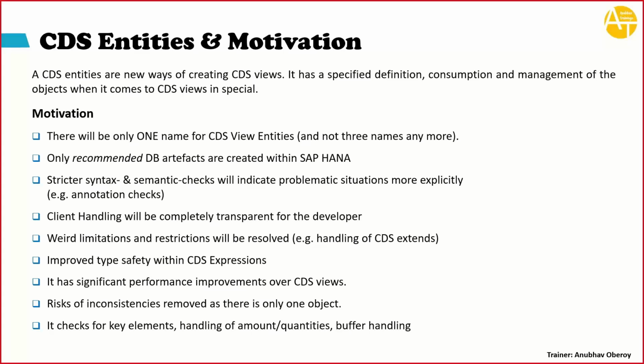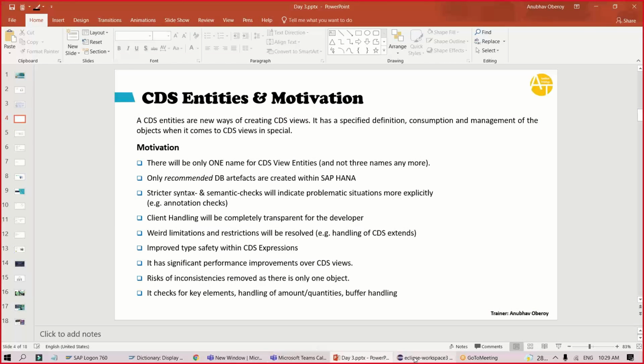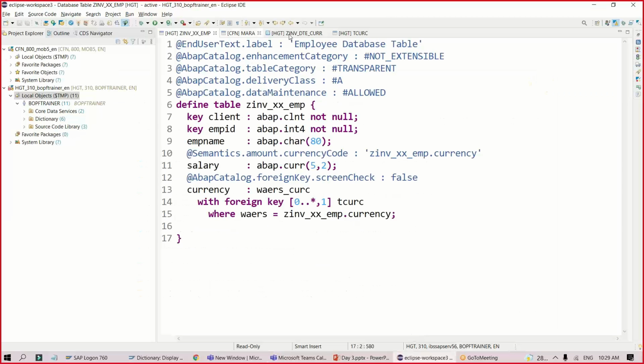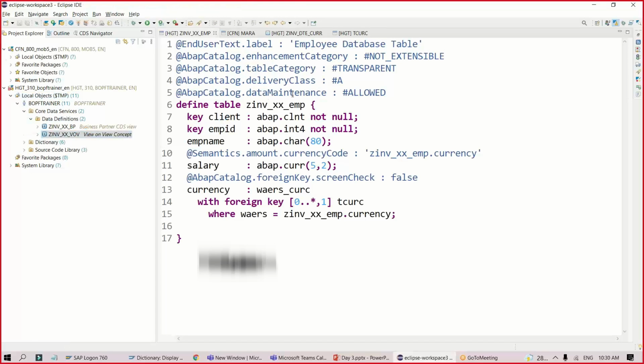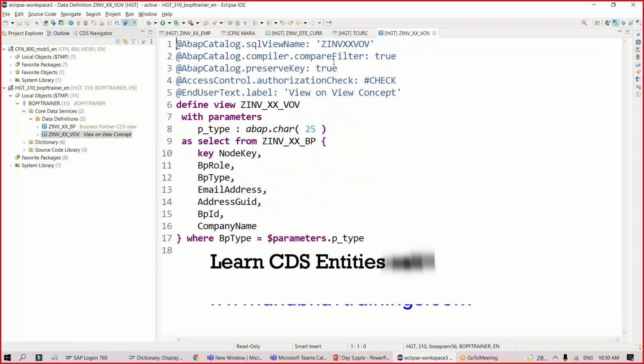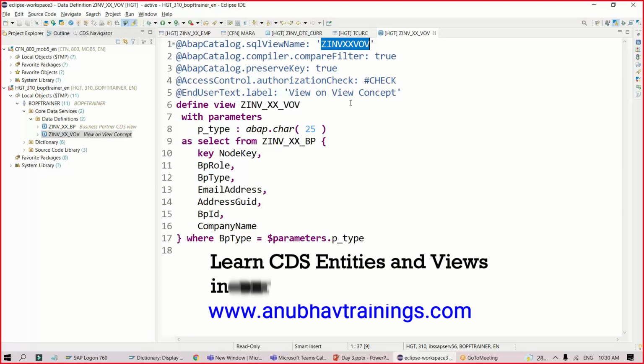You might have noticed that when we create CDS views, we give an annotation in the first line called the ABAP view name, SQL view name. Yesterday, when we created the CDS view, you observed that we gave this special annotation, which creates a DDIC view and a HANA view basically inside the database, for which we gave this name.